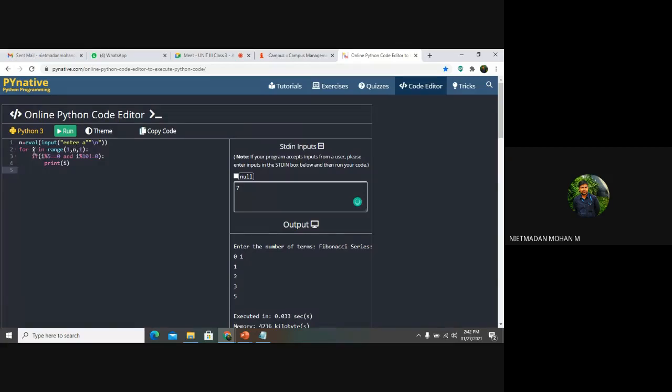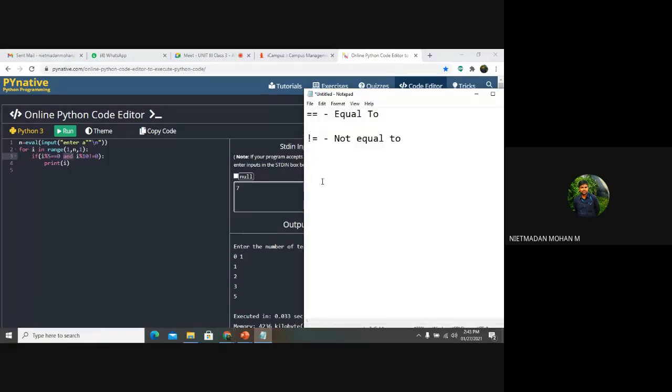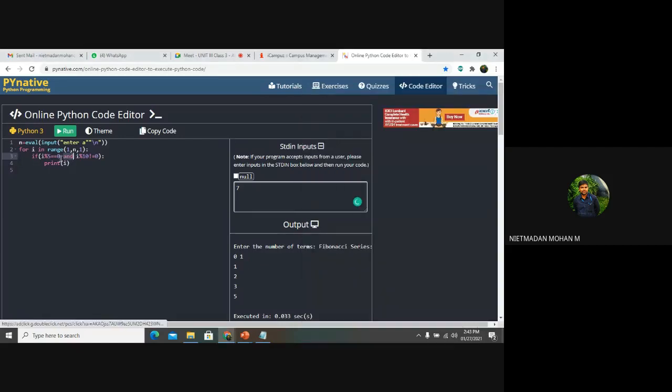So here, what is happening is we want to collect n from the user, and check each and every number. So it means i in range. We want to check whether i mod 10 is equal to 0, and we have used the AND symbol here, right? So what does it mean? We discussed AND and OR. Both conditions should be satisfied. It is a conditional statement: the number for which both conditions are true will be printed as i.